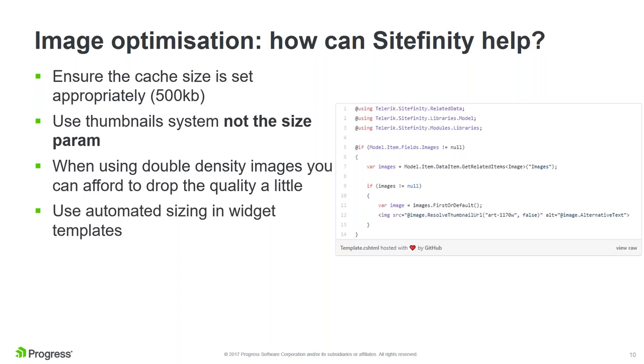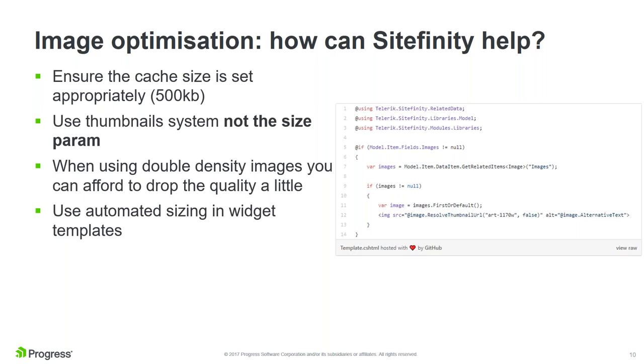What I'm doing here is I've obviously cut out a lot of code, but we have an image that's being served from the images field on the news item. I'm first checking whether one exists or whether the news item hasn't got an image. I'm getting the first one because that particular field could have multiple images assigned to it, and I'm using the resolve thumbnail URL method within Sitefinity to give me the image with the parameters that are set in the